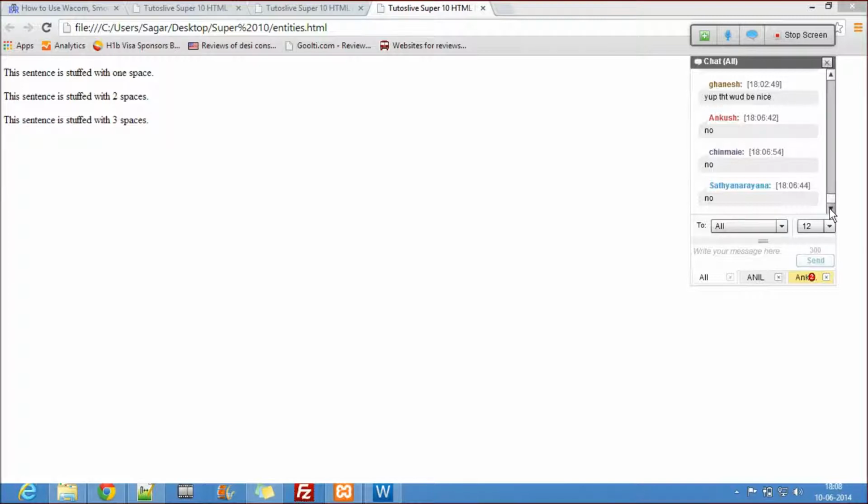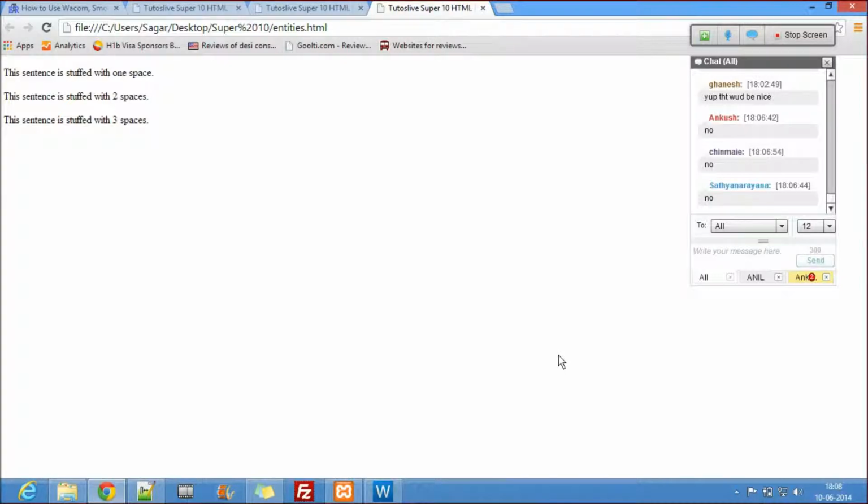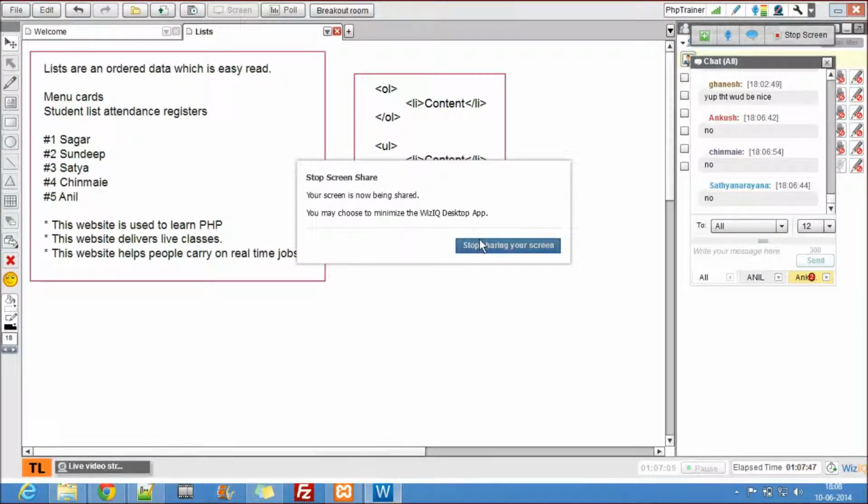So for the same purpose, the HTML language has a feature called HTML entities. Entities are specially meant to put symbols which are not possible with regular text. If I want to put a dollar sign, I can, but if I want to put a rupee sign, I cannot. I can put a star over there, but what if I want to put a heart shape? I cannot. So that's where the HTML entities come into the picture. Okay, so I'm gonna come to the class here.